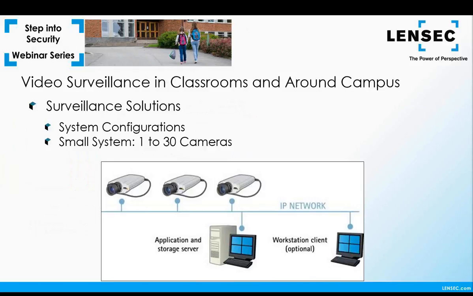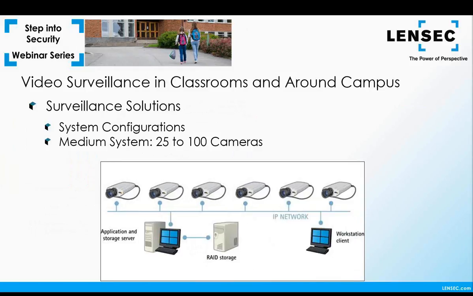Let's take a look here at a few systems configurations. This will help you determine how you might design your IT infrastructure on campus. The small system usually consists of one server running a surveillance application that records the video to a local hard disk. The video is reviewed and managed by the same server. Although most viewing and management will be done at the server, a client, local or remote, can be connected for the same purpose. Bandwidth and use of that system would be light.